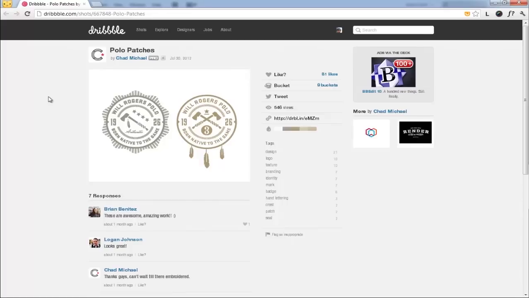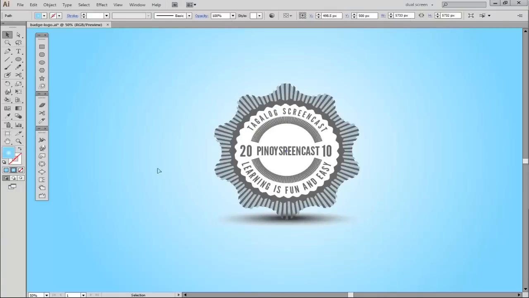So, ang gagawin natin ngayon is basically inspired by this artwork by Chad Michael of dribbble.com. And as you can see here, meron siyang badge na create. It's very minimalist and some simple repeating object. Basically, yan yung idea ng gagawin nating artwork. So here, on Illustrator, ito yung basic na ginawa ko, and we will run it down to come up with